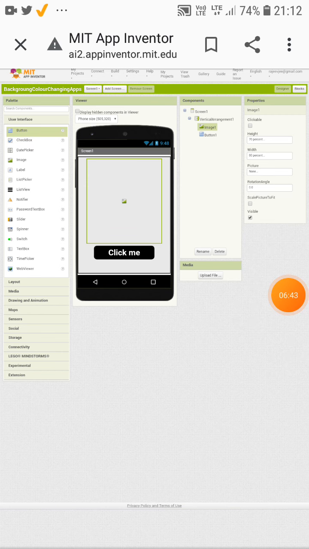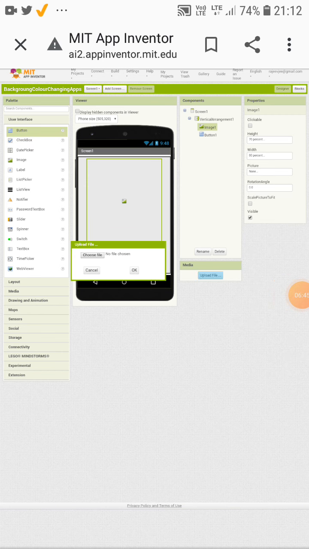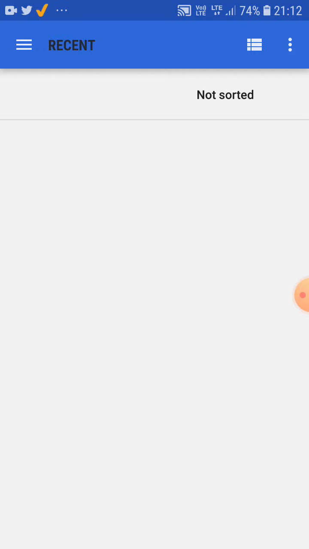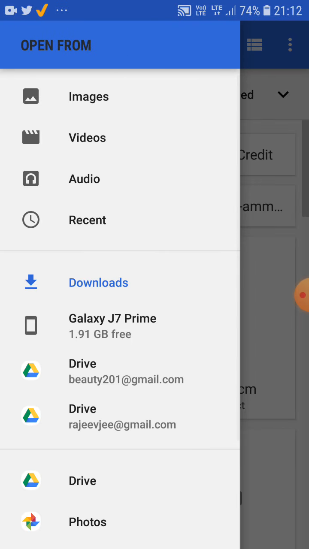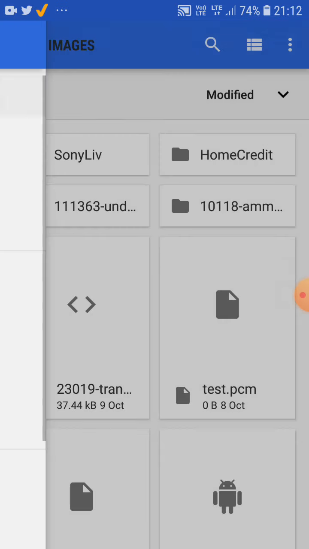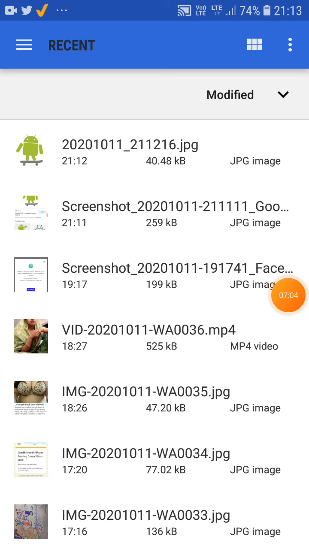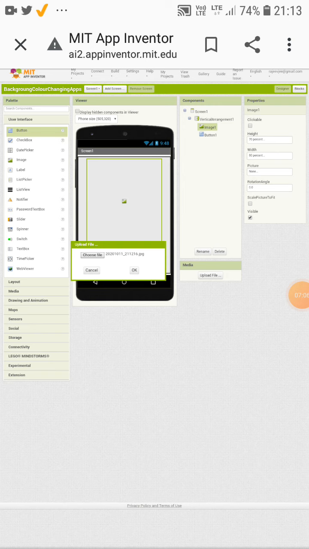Here I am. Here in the media, upload file, choose file, open from images. So I got it. Let's click on it and OK.